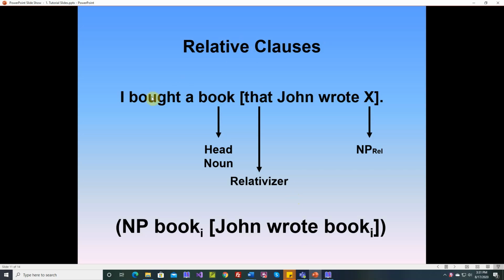In English we can say, I bought a book that John wrote. So here's a relative clause, that John wrote. It's modifying the head noun book. Book is the head noun. The word that is called a relativizer by linguists. And in English we use what's called the gap strategy. We don't repeat the head noun. We put a gap. I've written an X here. That's called NP-rel. NP-rel is embedded in the relative clause, and it has the same noun that's co-referential with the